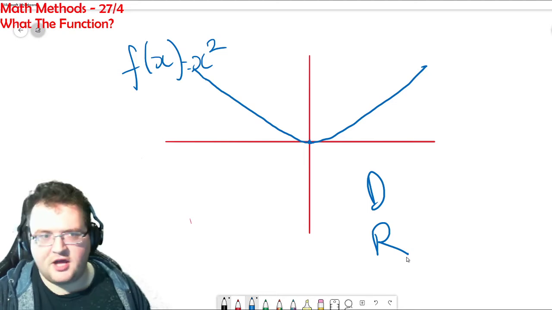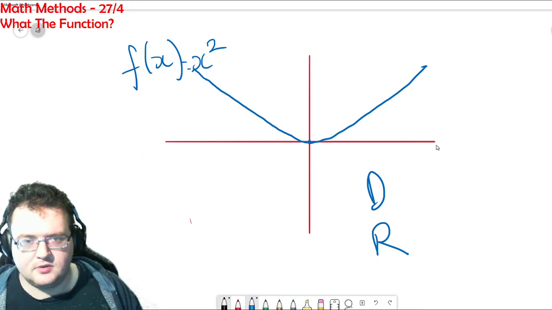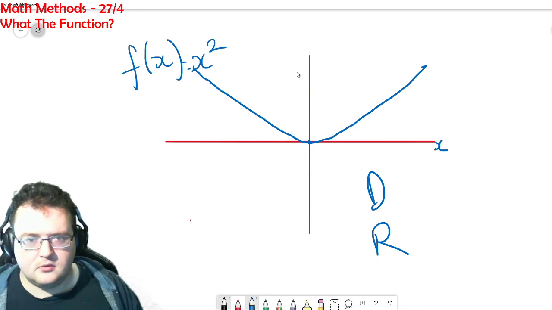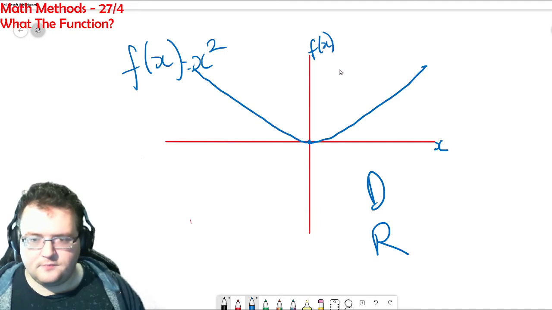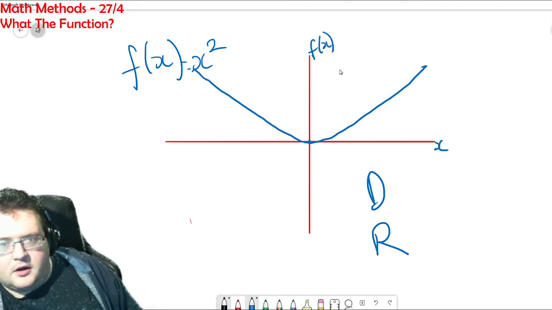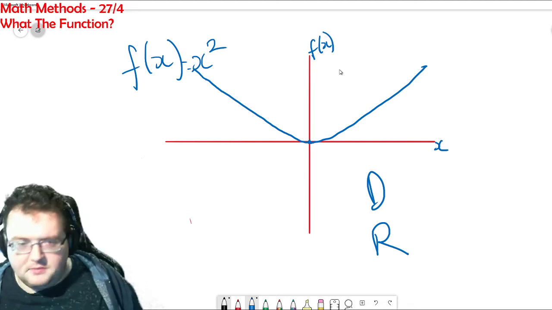All possible values of horizontal along the x. And then this is f of x. All right. So the domain,